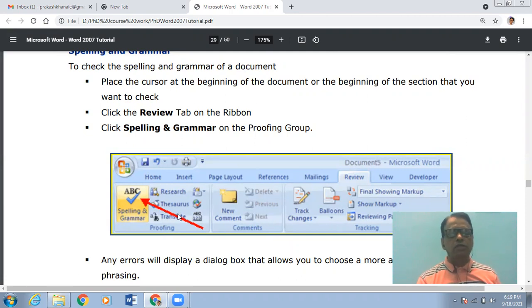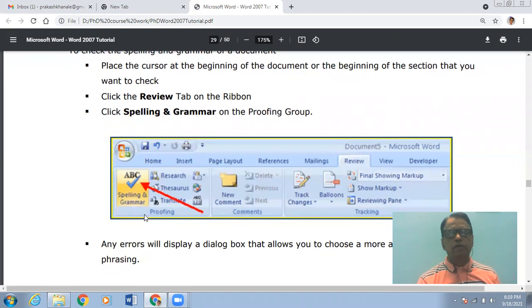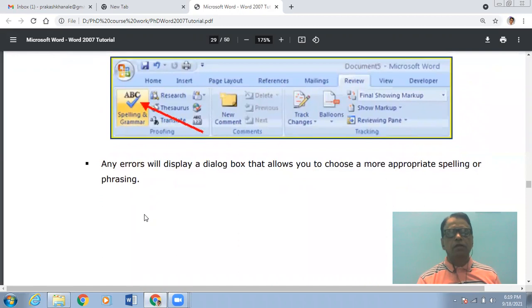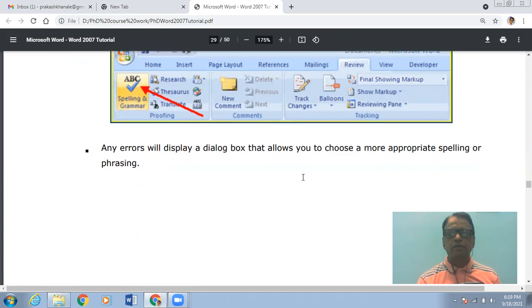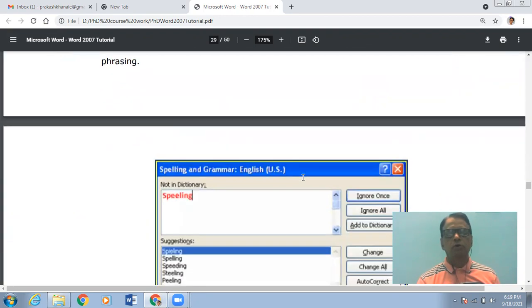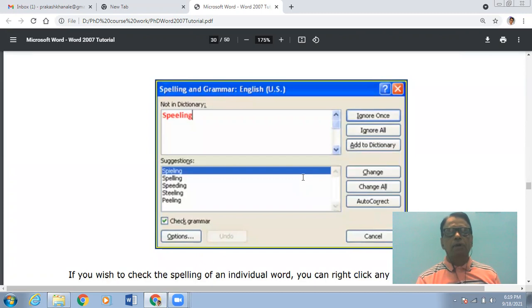When you click on this button, the spelling and grammar will be checked on the text that is selected. If there are any errors, a dialog box will be displayed, and that will allow you to choose a more appropriate spelling or phrasing. That is a kind of suggestion made by Microsoft Word.